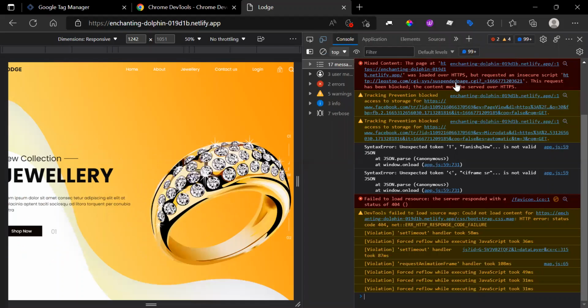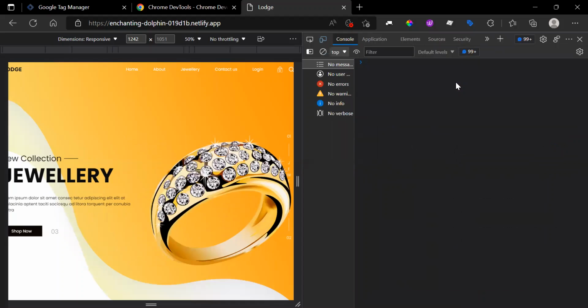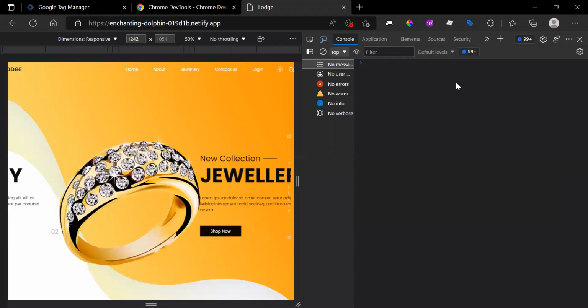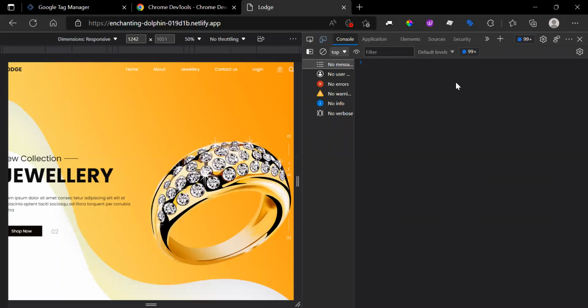this is the place where all the messages passed on by our website, or any error messages or warnings can be displayed. Also, if I clear this console, this is a place where you can write an entire piece of JavaScript code and run it against the website as well. So if I say I am going to create an array, and in that array I am going to pass some objects,